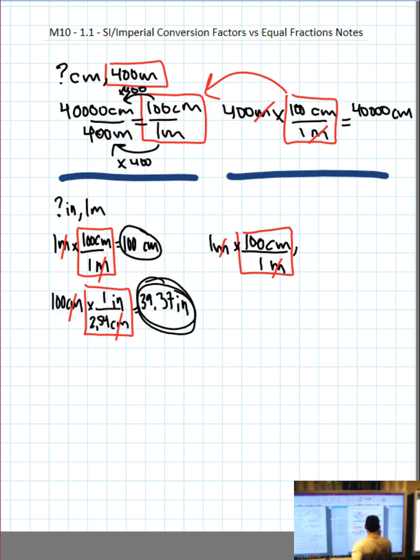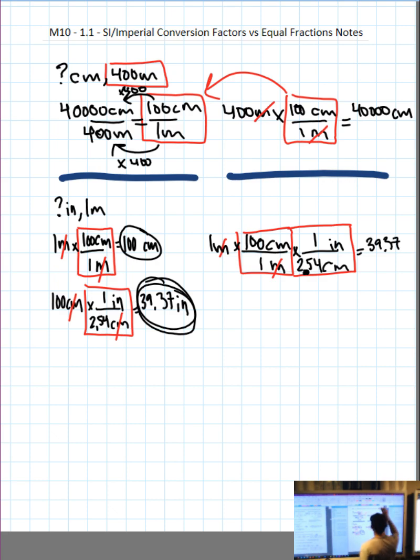Now we can just times by the factor that's going to get rid of our centimeters and get us straight to inches. And we know there's 2.54 centimeters in 1 inch. Notice the number is either attached to the top or attached to the bottom, but attached to whatever it's supposed to be. That's 2.54 on the bottom. And then we can simply use the calculator. 1 times 100 divided by 1 times 1 divided by 2.54 equals